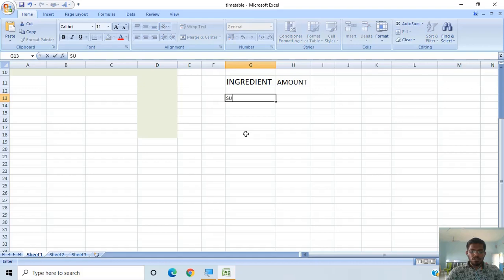For the first ingredient we will buy sugar for our home, and we will buy different types of dals, like chana dal and urad dal.